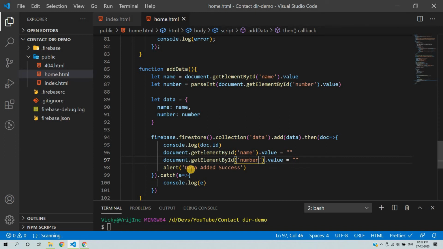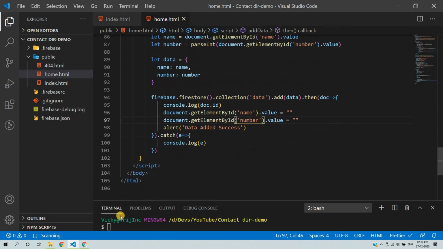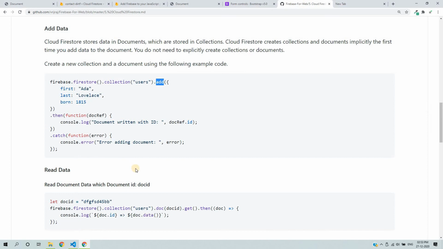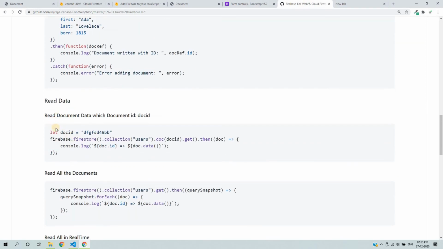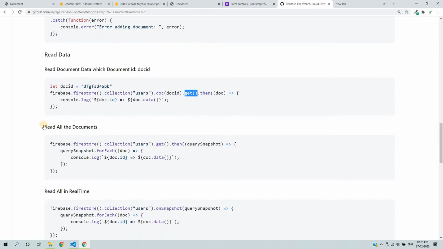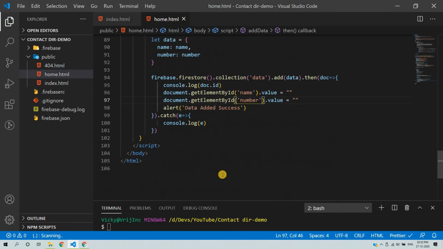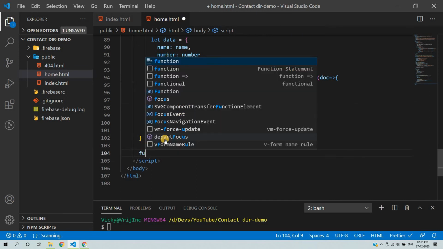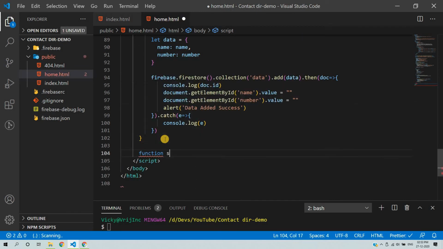So this is all about Cloud Firestore for adding data. So now I want to read the data. For reading data, this is very easy. So if you go to the code labs, like source code, we have functionality to read the data with the help of the get method or read all the documents. So like this is a common thing, Firebase, Firestore, and then collections, and then we need to use the get method. So again, for reading data, we will create a function. So we will create a function like showData. So here we will perform a read operation.